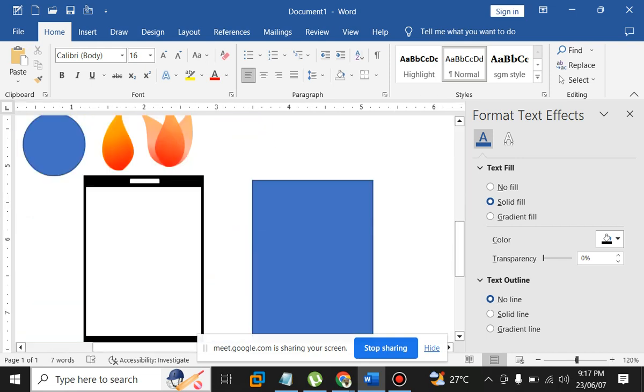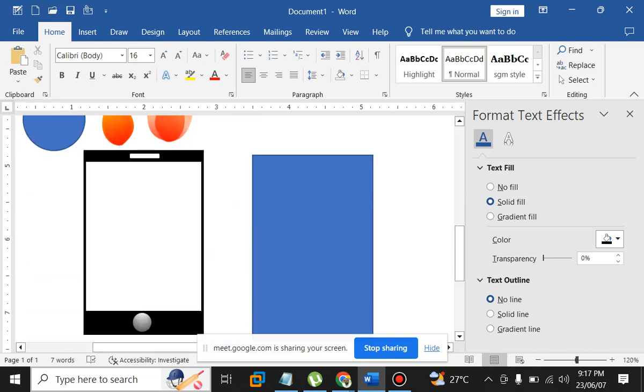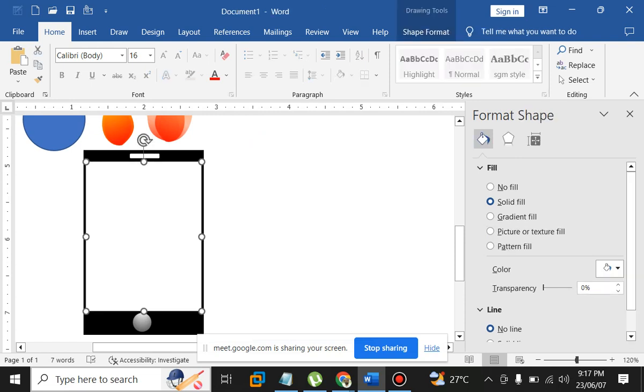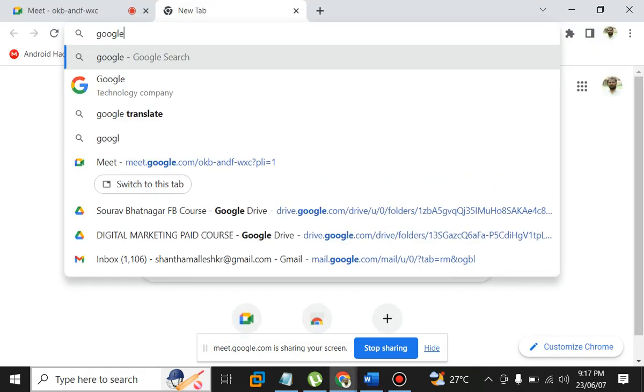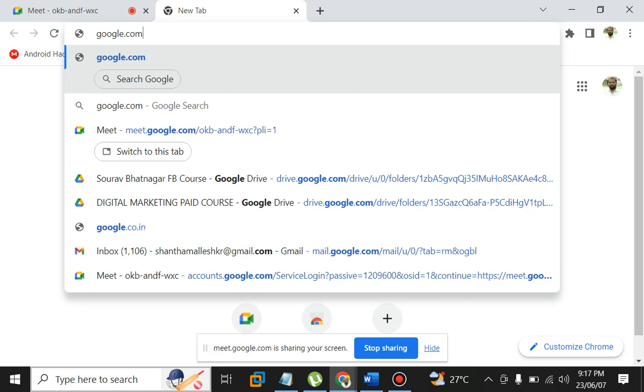Okay, then first I will try to download. Go to open google.com, mobile wallpaper. You type mobile wallpaper. Click and drag and you take whichever